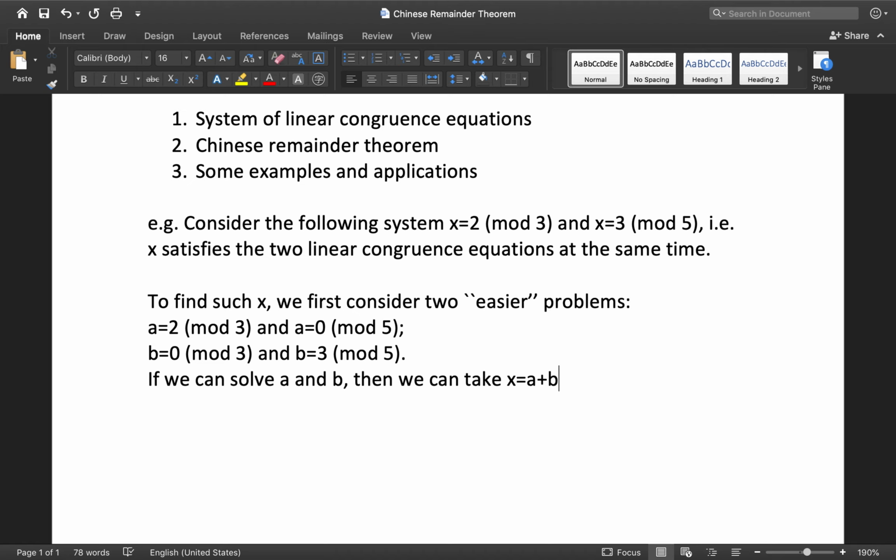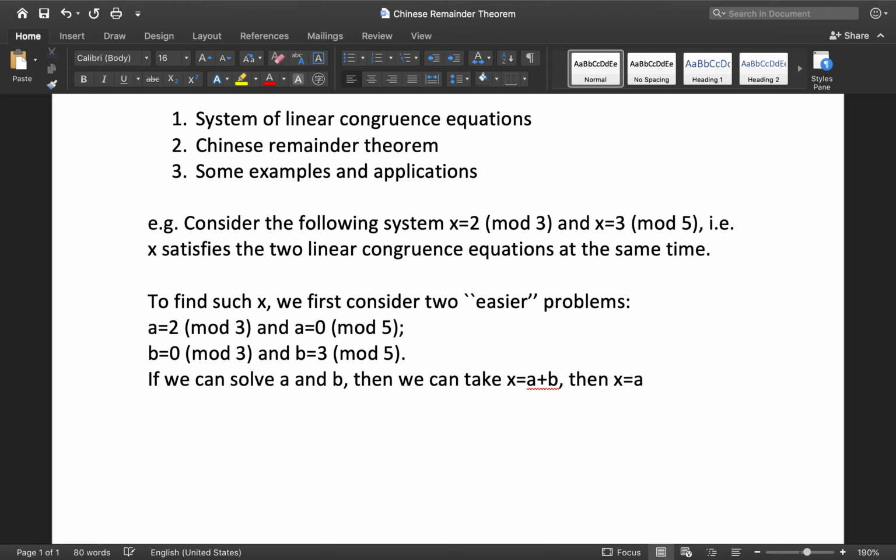Then let's see what happened. Now just pretend that you know how to solve a and b. Once you get a and b, then you define your x to be the sum of these two variables. Just take x equal to a plus b. Then if you do that, if you take the congruence relation, congruence module 3, then what